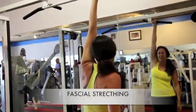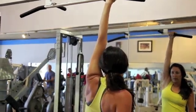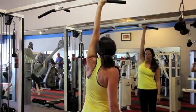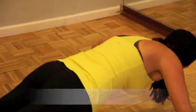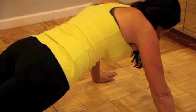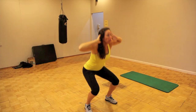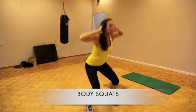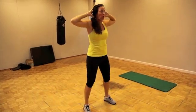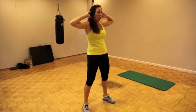Hanging from a bar for fascial stretching. You want to hold these stretches for about 10 to 30 seconds. A set of push-ups to get the chest and core warmed up. 20 body squats to get the lower body ready for dynamic movement. A light jog around the court to get the heart rate up and warm up the nervous system. Or an oldie but goodie,